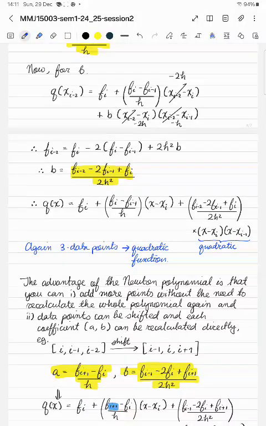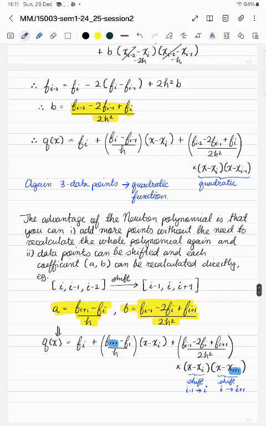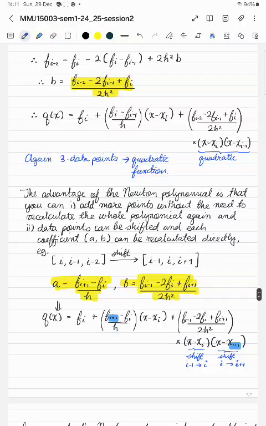But of course, the general form is the Lagrange form. Now, that's one point, and the other one is that you can shift the center. For example, in this case, we have i as the center, but let's say we want to shift the point from i minus 1, i minus 2, we want to shift it by minus 1. So our first data point will be i minus 1,